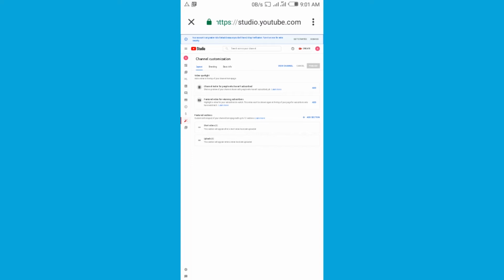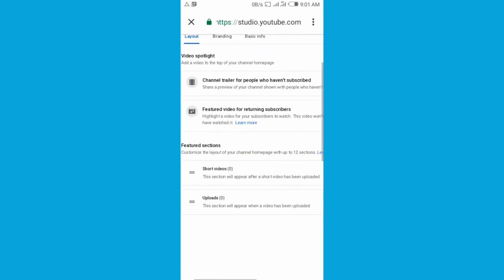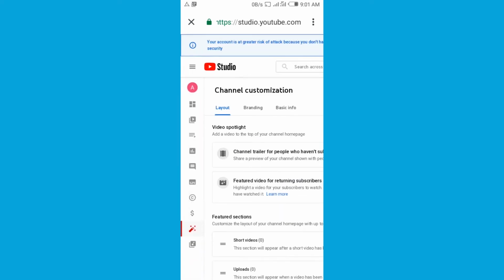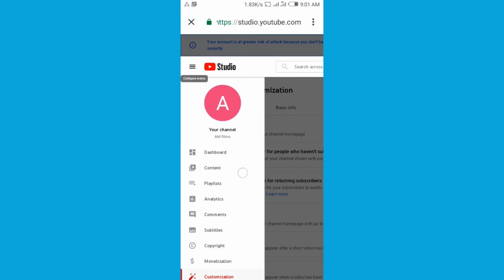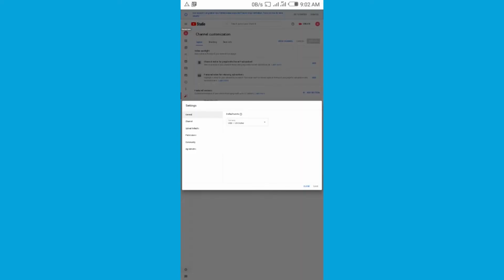So once you get over here, we're gonna zoom in a little bit so that we can get a clear spot. So tap the three lines icon to expand over there, then scroll all the way down, then tap where you see settings. There you go. So once you reach over here, tap where you see channel,